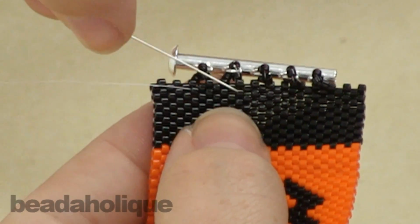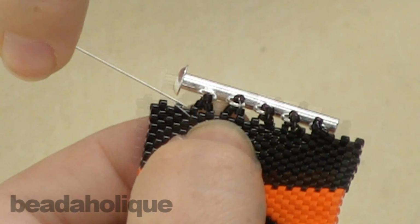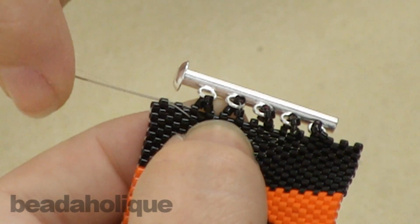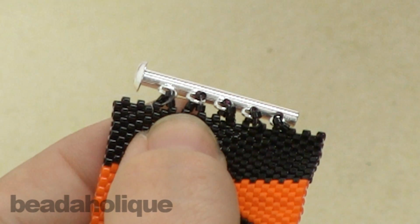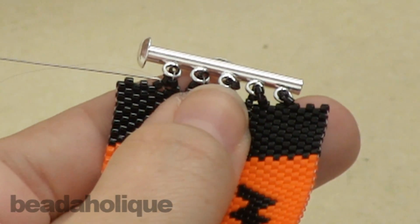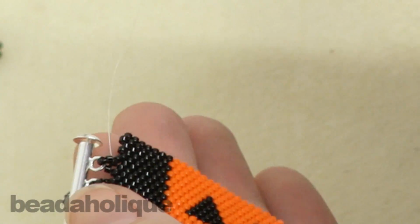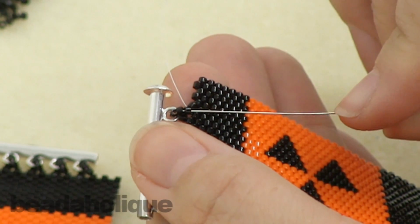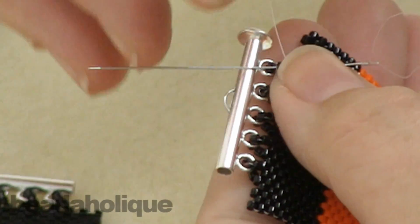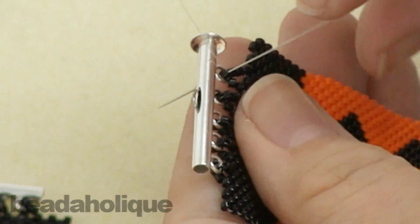So once you've woven all the way across, you're just going to come back up through that first bead, and all you're going to do now is just retrace your thread path. So you're just going to come back up through these beads, and you can actually work through the back. So just go back through the hole of the clasp,